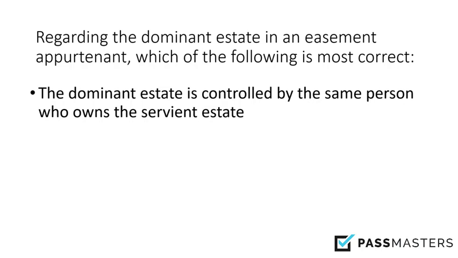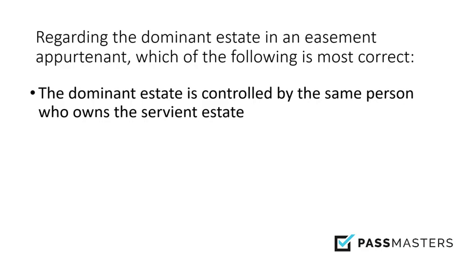So here when we're talking about an easement appurtenant, an appurtenant easement is attached to land. And so we have two or more pieces of land that are located directly next to each other. When you have an appurtenant easement, there are these names that we refer to the different pieces of land in regards to the easement. The servient estate is the piece of land that essentially issued the easement to the other piece of land. So the easement is being issued to the other piece of land. The owner of that land has the right to use that property, and that piece of land is referred to as the dominant estate.